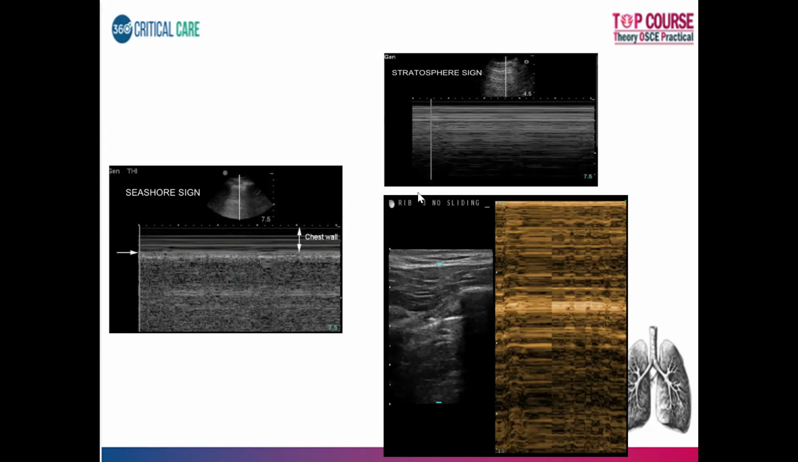Remember, the presence of a stratosphere sign or a barcode sign is not pathognomonic for pneumothorax. Even though it is present, for confirmation, you should always do an assessment for the lung point. If you have a lung point present, then it is 100% accurate. The accuracy with these two things would be less. Even though they are associated with pneumothorax, if you find a lung point, only then can we confirm the presence